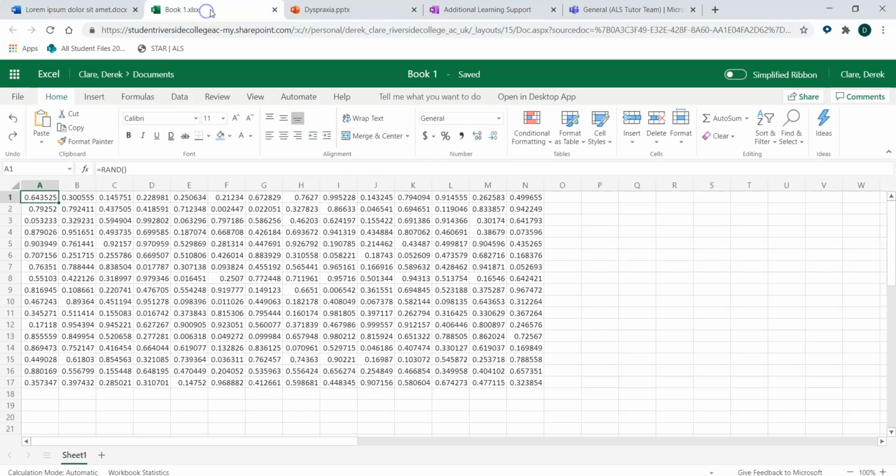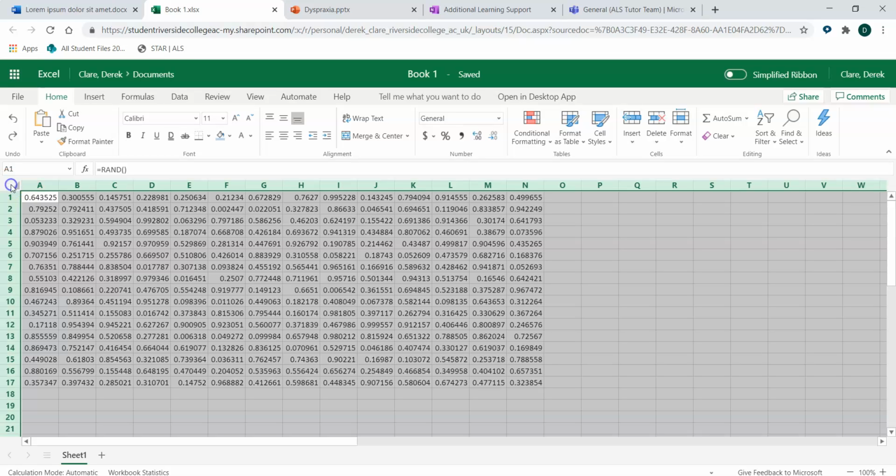If you're using a spreadsheet, Excel doesn't have Immersive Reader in it. So with Excel, you will need to change the colors like this. First of all, you need to select all the cells by clicking in the top left-hand corner. So that selects all the cells in that sheet, and then from there you go to